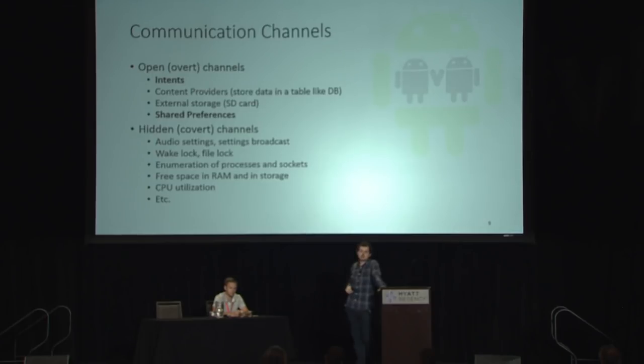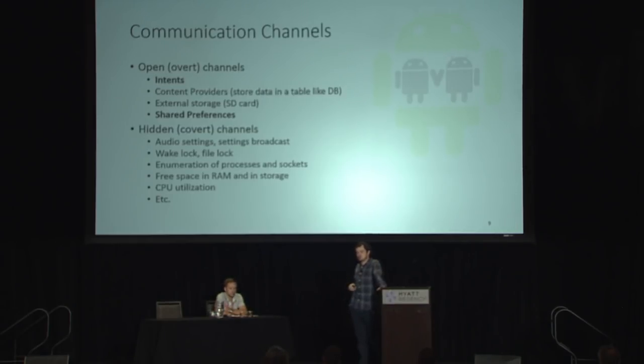And then we could also have some hidden or covert communication channels in Android. Probably you are not aware of this, but all applications can read and modify the audio settings of an Android device without requesting any specific permissions. So if one application wants to send information to another application, one of them could modulate the value of the volume setting, and the other application, while monitoring that value, could read different bytes. Obviously, this is not a high bandwidth channel, but you could use it, and you don't need to request any kind of permission.